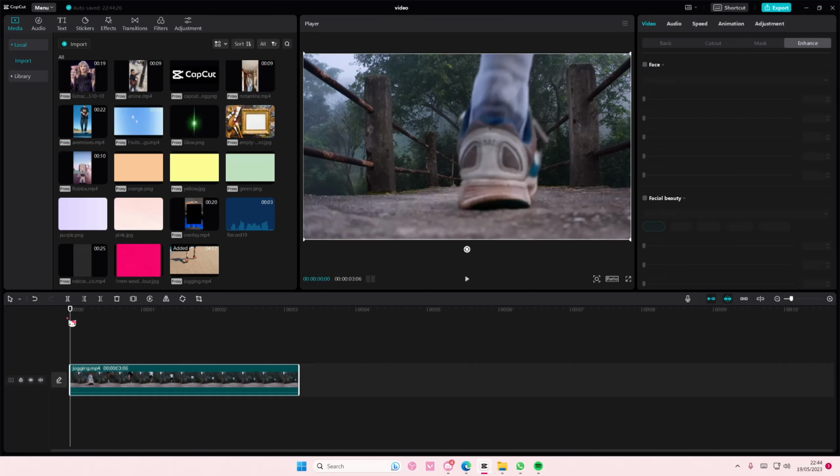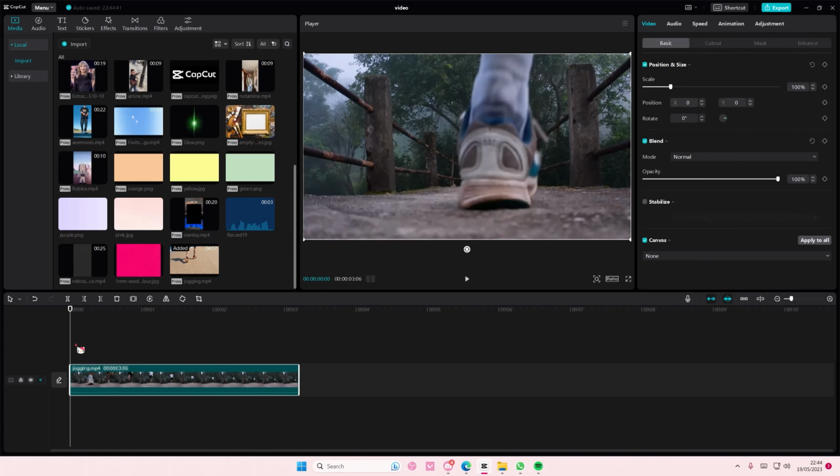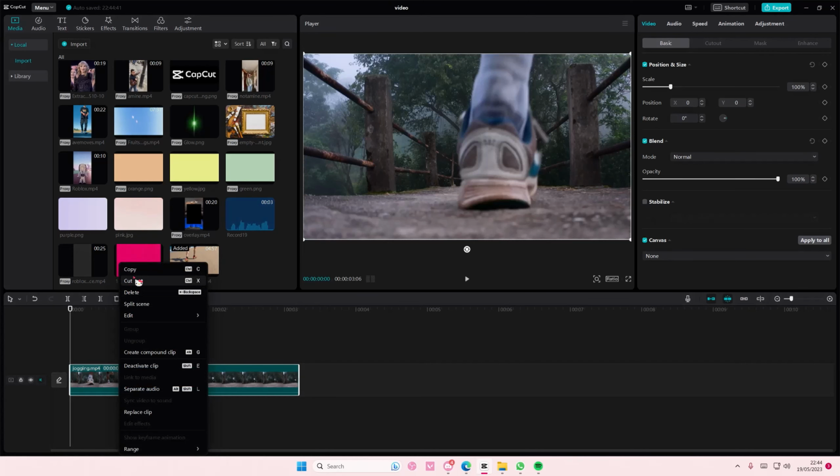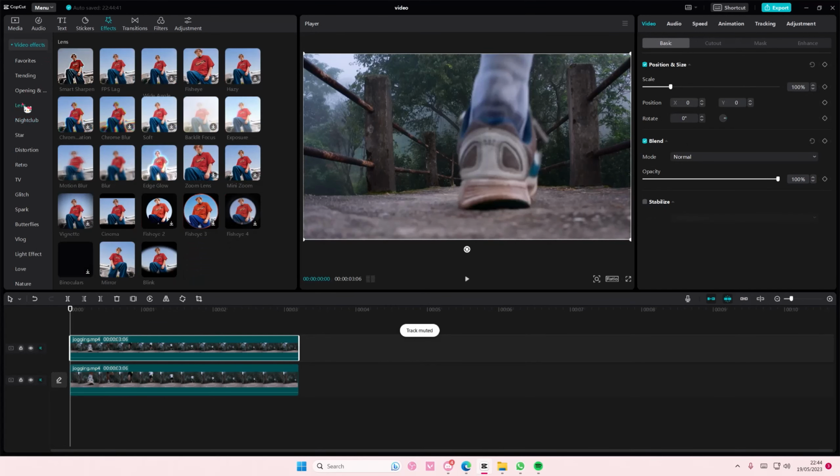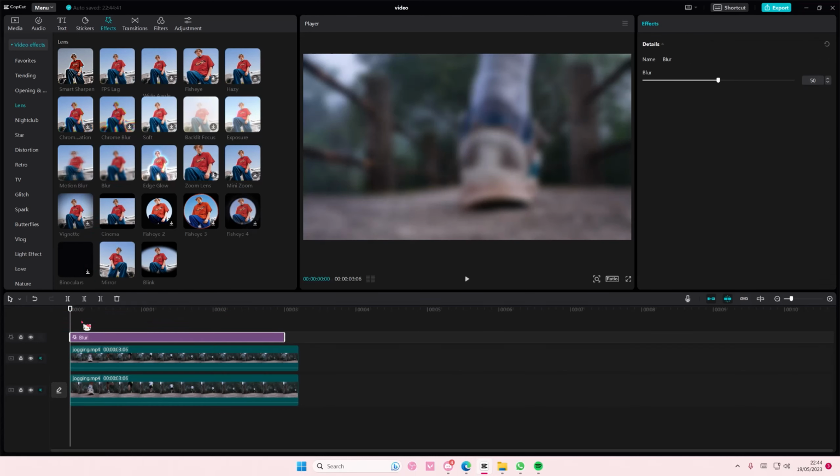In this video I'll be showing you guys how you can easily create this distance blur on CapCut PC. It is super simple actually. You're going to just copy and paste your videos, and you're going to go to effects and go to lens and try to find the blur effect and add it on top of the video, and you can adjust the